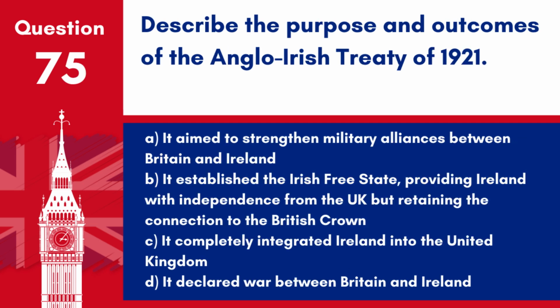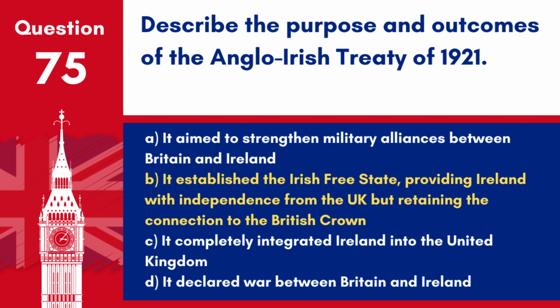Question 75. Describe the purpose and outcomes of the Anglo-Irish Treaty of 1921. A. It aimed to strengthen military alliances between Britain and Ireland. B. It established the Irish Free State, providing Ireland with independence from the UK, but retaining the connection to the British Crown. C. It completely integrated Ireland into the United Kingdom. D. It declared war between Britain and Ireland. Answer. B. It established the Irish Free State, providing Ireland with independence from the UK, but retaining the connection to